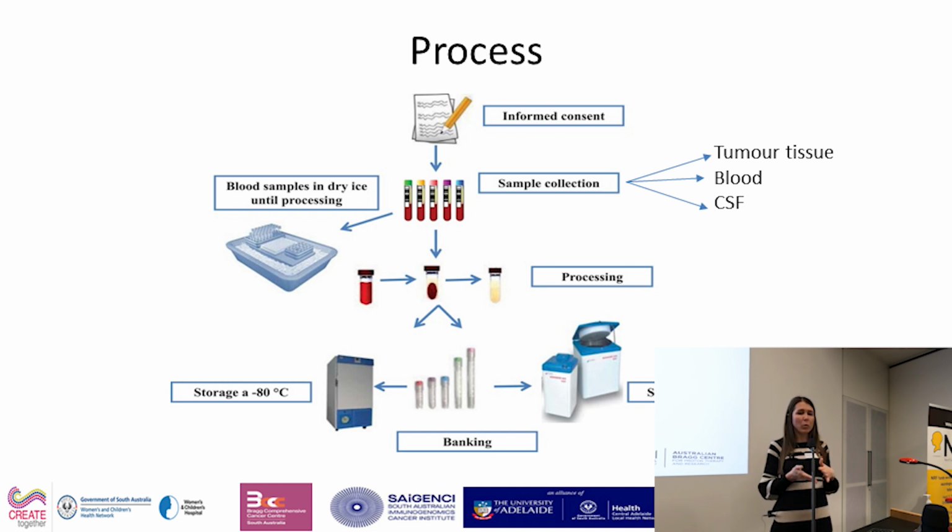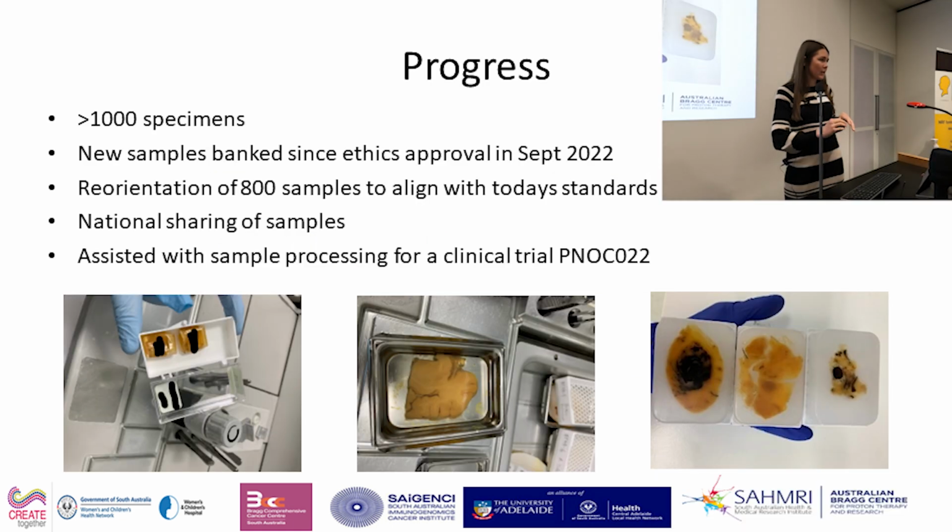So trying to do the most with the leftover tissue so that it can benefit researchers, and then it's stored. There are lots of different storage methods, like Tessa mentioned. In liquid nitrogen, we store a lot of our samples there. So our progress so far since September of 2022, we have over 1,000 specimens now, and that's largely due to